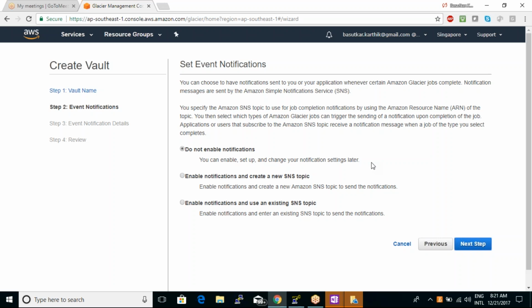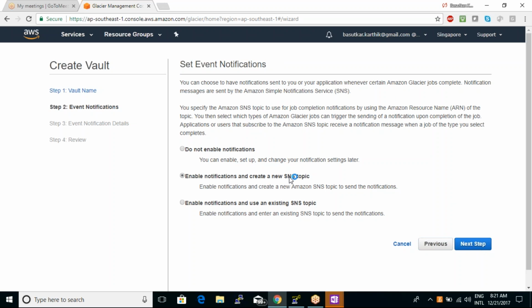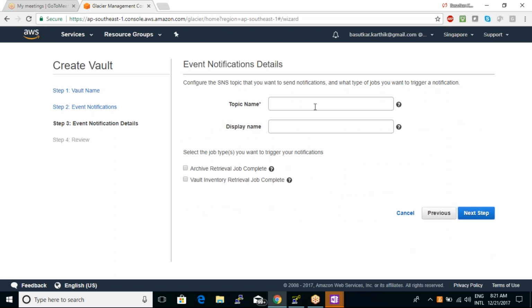It's asking whether you want to enable notifications or not. If yes, enable notifications and create a new SNS topic. If you already have a running SNS topic, you can select from it. In my case, we don't have any SNS topics in my Singapore region. So what I'll do is go back and create a new SNS topic. Topic name, I'll say, for example, IT guys. Display name,